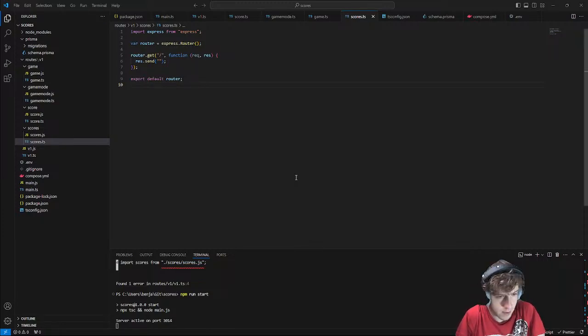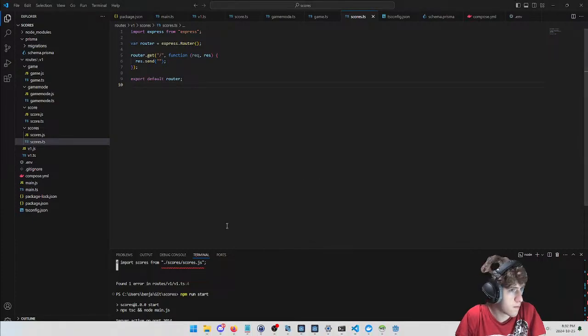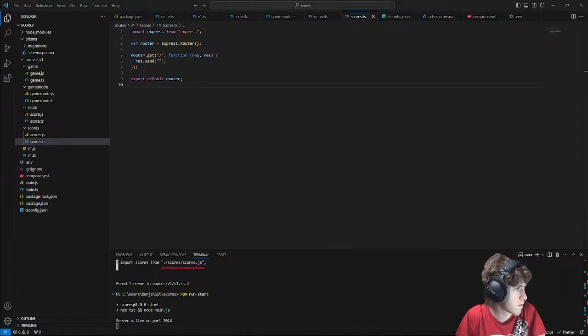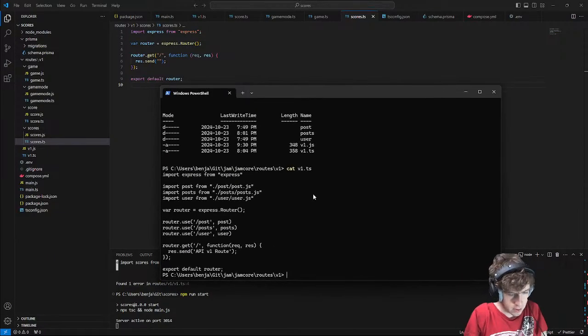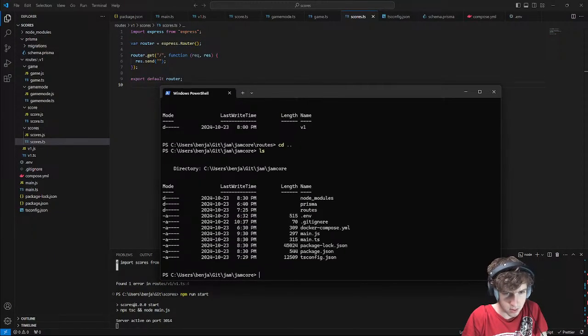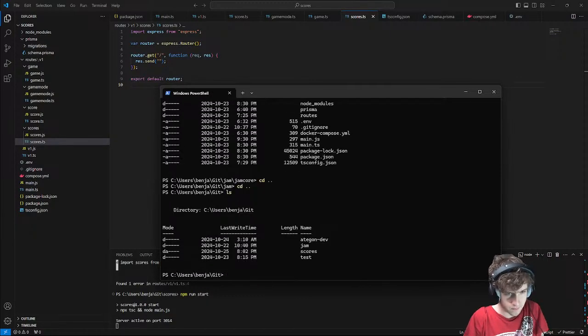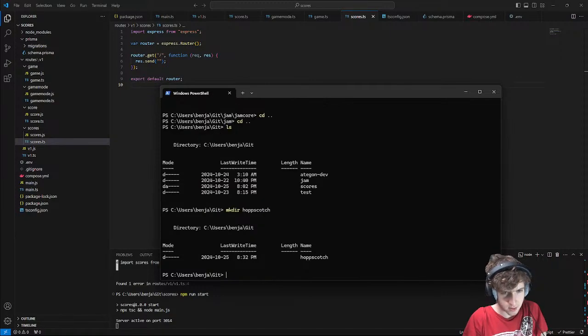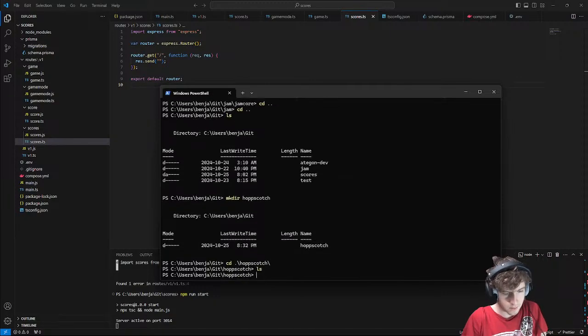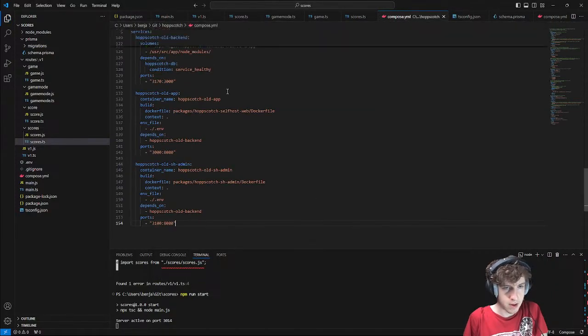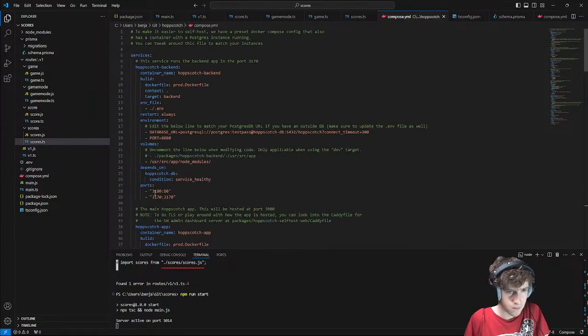But I want to copy this Docker compose file. Go to terminal. So over here, I go fully out to Git. I do make dir hopscotch, code compose.yml, copy in this. I want to edit all these to not be public. To do that, I can set them to be localhost.